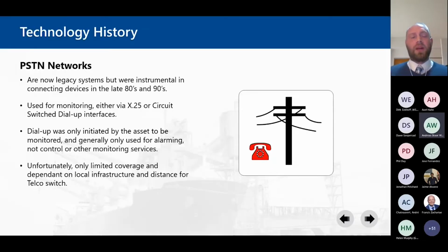So going back, what was the first connectivity solution? That was probably the public switch telephone network. It's now a legacy device. Many countries are phasing it out in favor of VoIP. And back in the day, you probably had several options for connectivity. This could be circuit switch dial-up interfaces or X25. And it was generally an alarm monitoring solution only. So for instance, because an asset had a dial-up, it was not real-time, couldn't provide any real data, only used for alarming. And this might be strange for many people, but it depended on coverage and how far you were